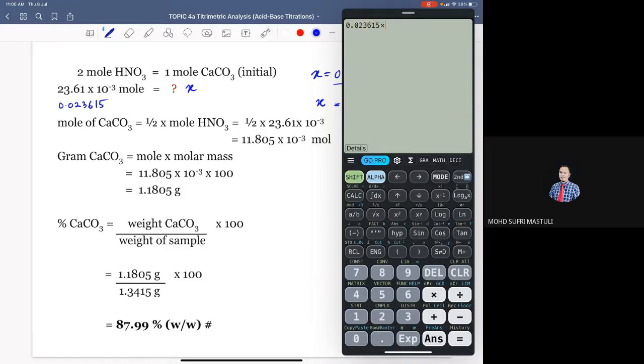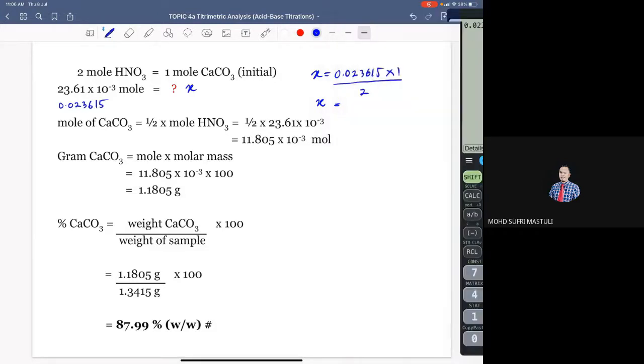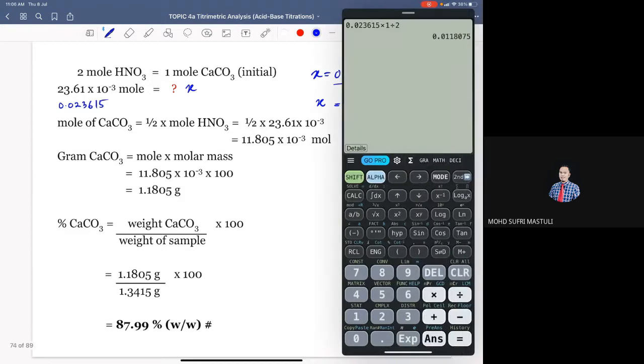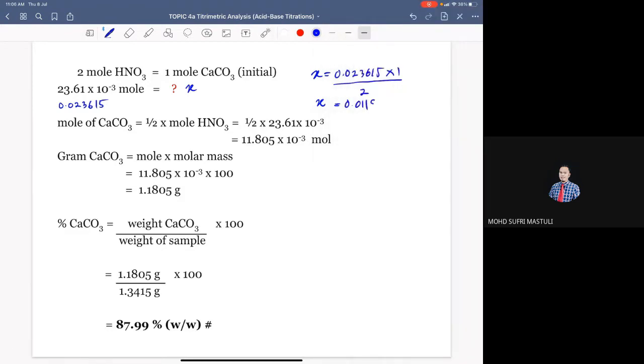0.02365 times 1 divided by 2. So 0.011 8075 mole. This one is mole of what? Mole of calcium carbonate. Okay, so from the mole, of course, when you know the mole, you can calculate the